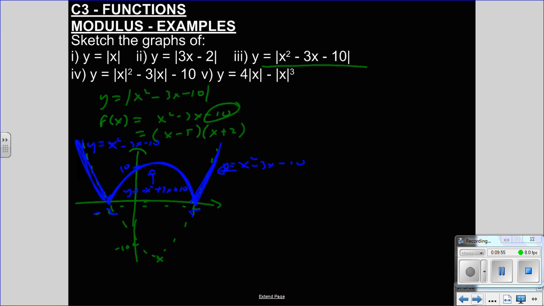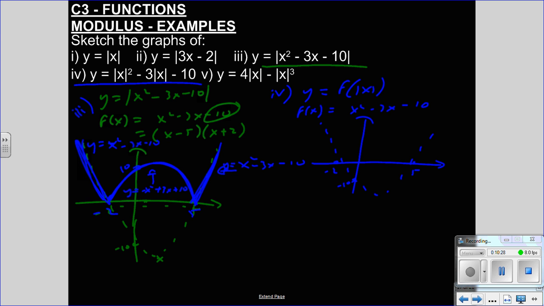Whereas number 4, you have a different scenario. Number 4, you've got a different scenario because this is in the form of y equals f of mod x. So let's see what that means. So we do the same again. f of x, draw the original. There's the original. We drew it a minute ago. It looked like minus 2 and 5, dotted line, and that was minus 10. Okay,